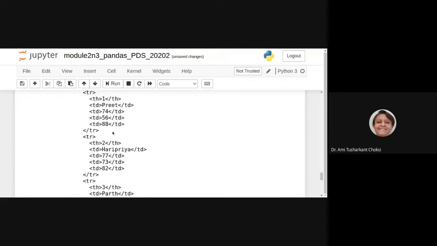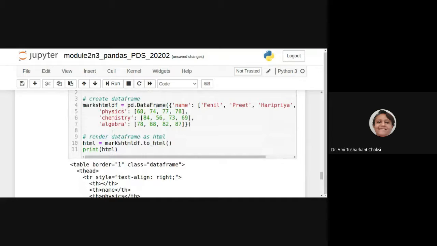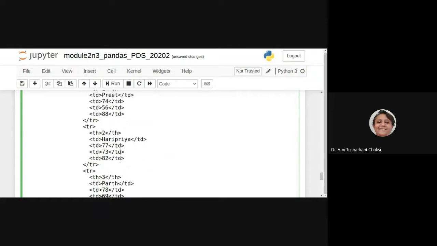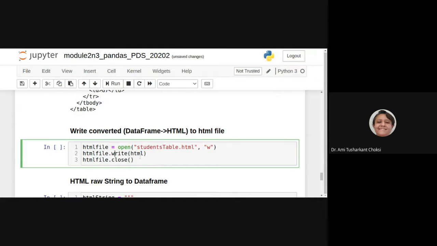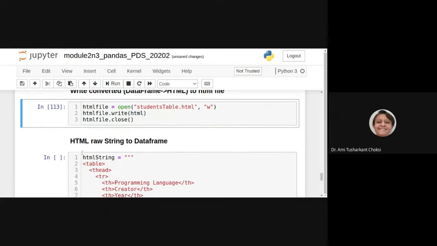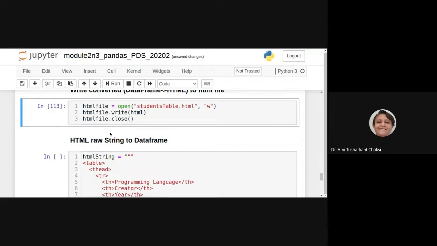What is HTML? That is what we have got here after converting the data frame to HTML, right? So with that, we'll be doing the write, and then after we'll be closing the file, right? So where is the file? It is there on the disk, right? You can open the file and you can see the content of it, fine?